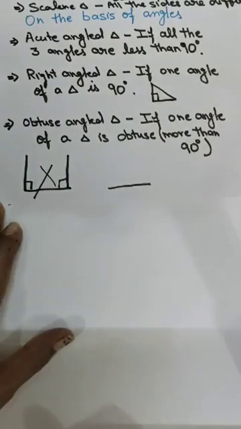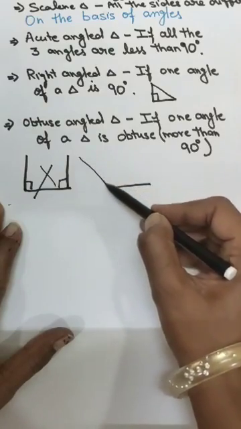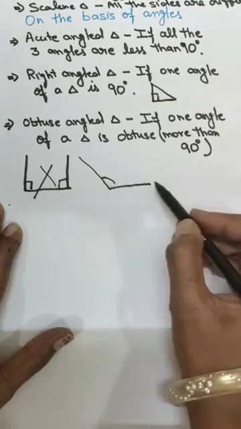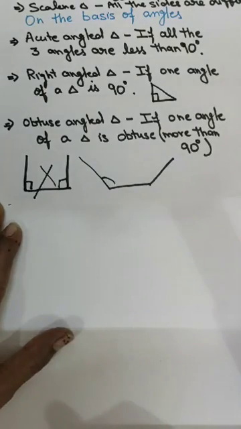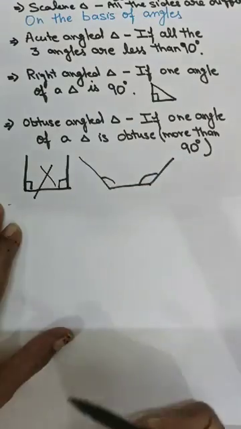This is your baseline of a triangle. An obtuse angle always goes outside. So, this is an obtuse angle. If here also I am making an obtuse angle, it will again go outside like this. Here also. So, can we make a triangle? No. Okay.